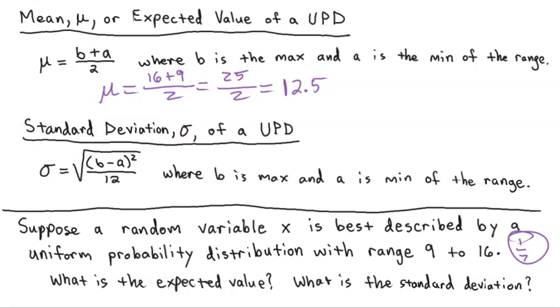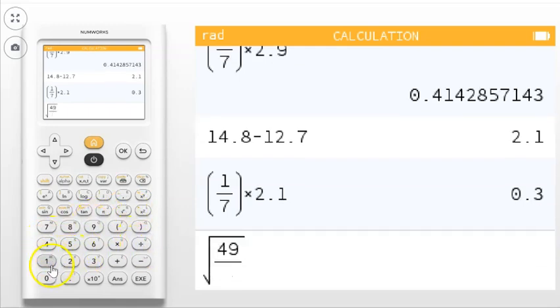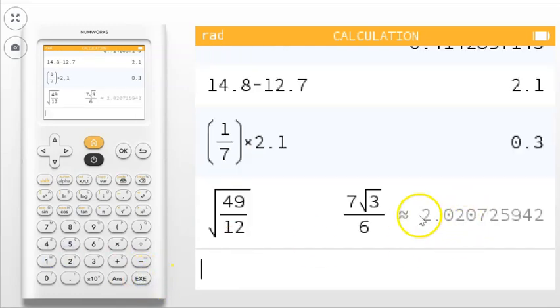To find the standard deviation, we're going to plug 16 in for b and 9 in for a, and so the standard deviation is going to be the square root of 16 minus 9, and then that's going to be 7, and we're going to square that number and divide by 12, okay? So this is the same thing as the square root of 7 squared over 12. 7 squared is 49, 49 divided by 12, and we can do this now in the calculator. Let's go to the calculator and do the square root of 49 over 12. And that's going to give us